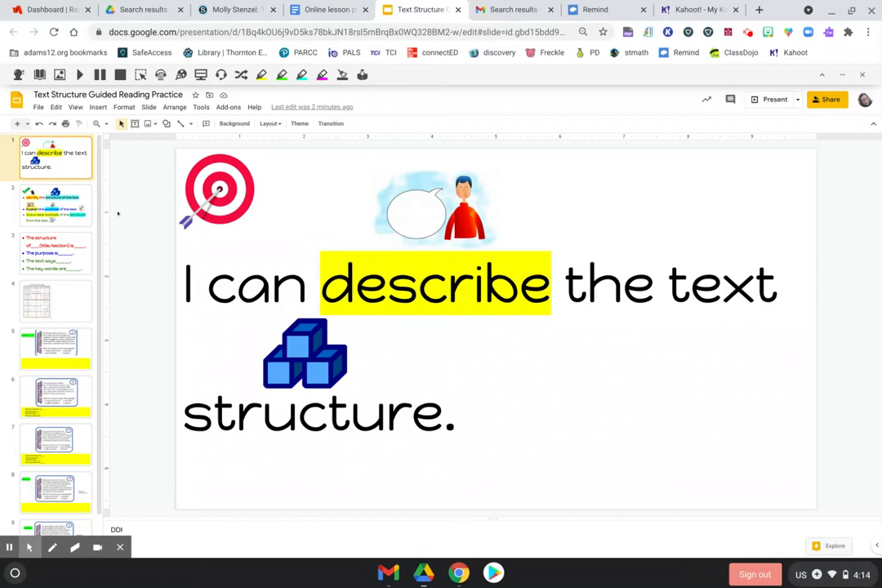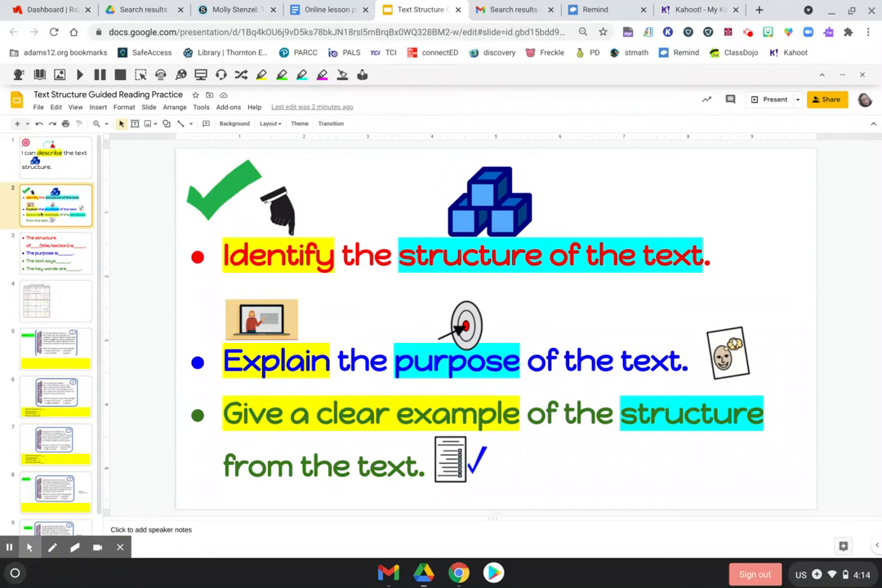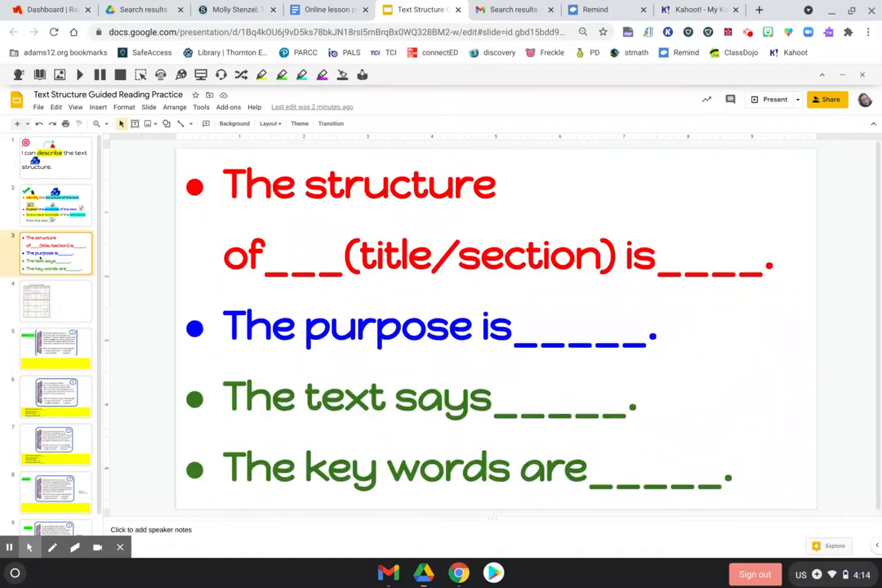Our learning target is I can describe the text structure. I know I'm successful when I can identify the structure of the text, explain the purpose of the text, give a clear example of the structure from the text. The sentence stems we'll use are: the structure of blank is blank, the purpose is blank, the text says blank,